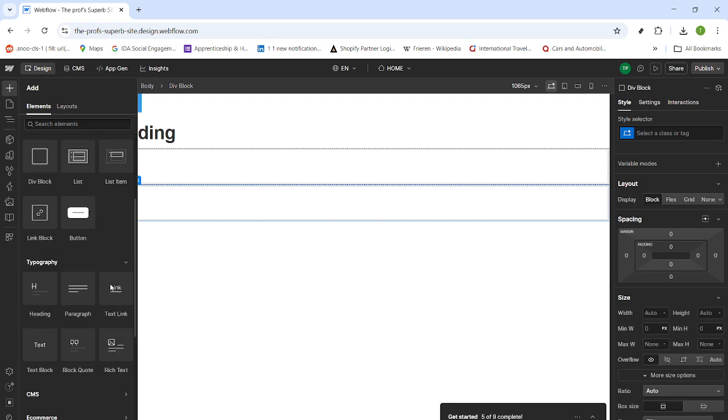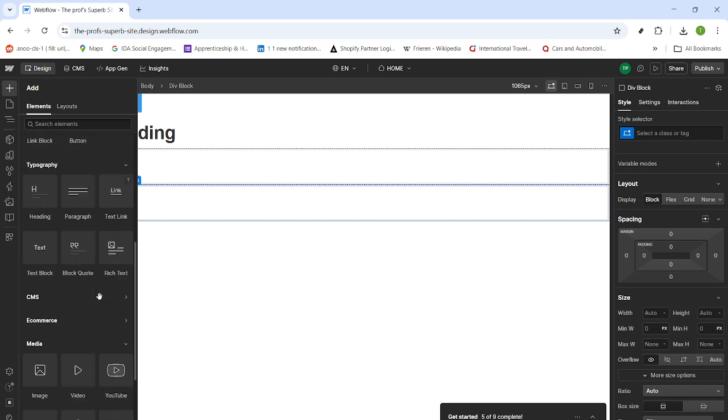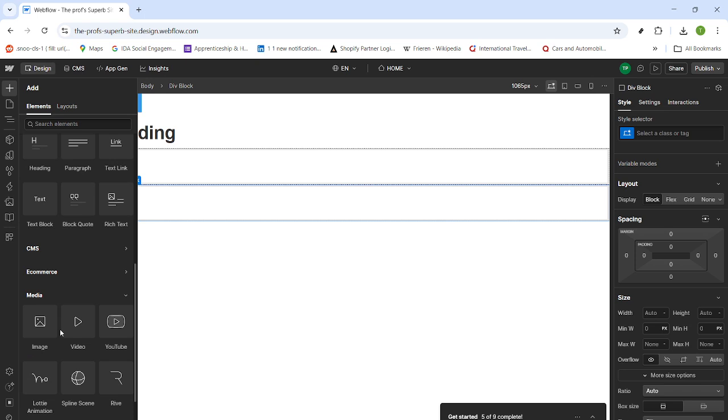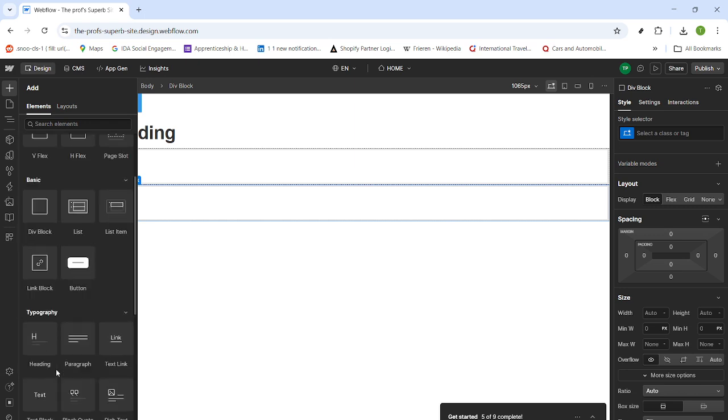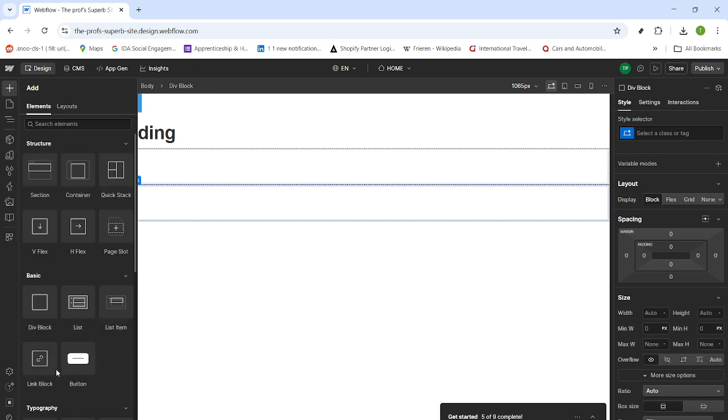Peek into e-commerce for product-related elements, then media for images and videos, forms for inputs and submission blocks, advanced for embeds and code, and other for additional components you might use less often. With that quick tour, you know which category your element belongs to and which parent it prefers, which makes repositioning